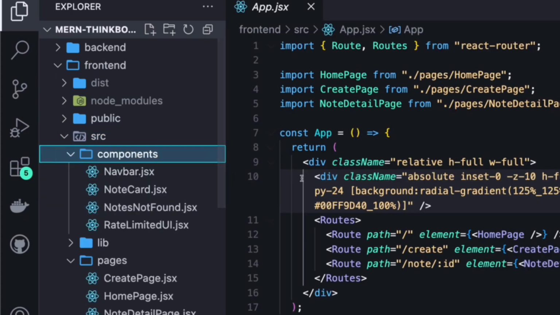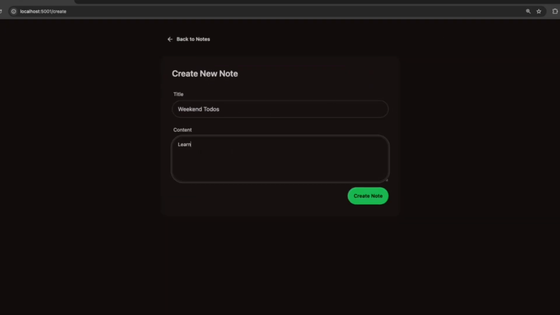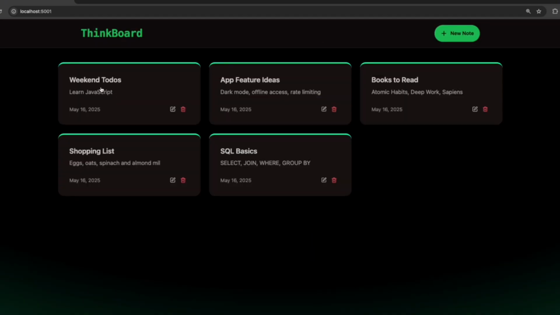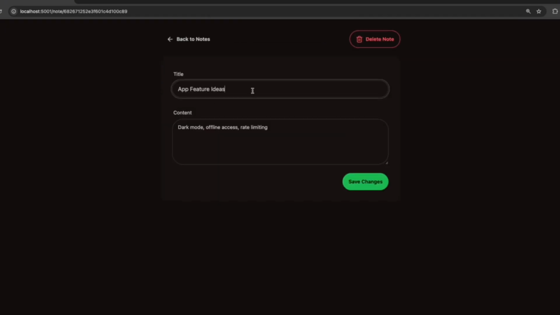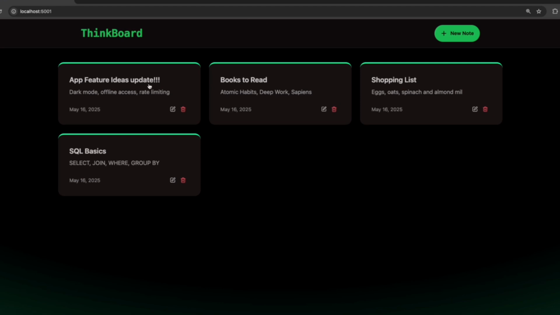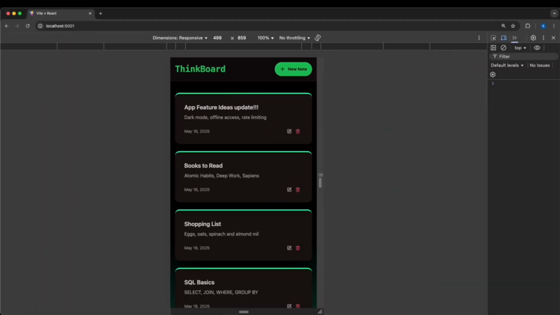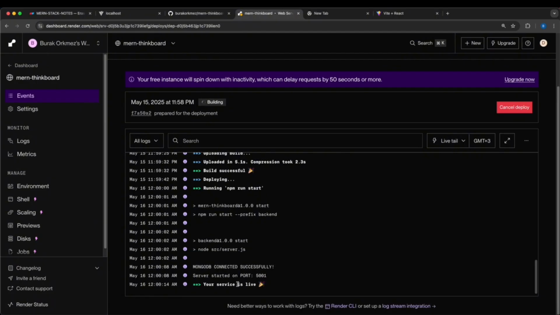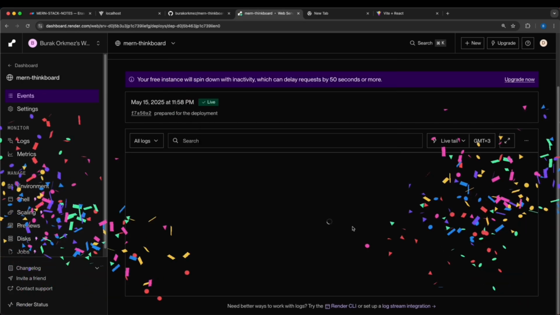the entire tutorial. So this is a note-taking application where we can create notes with a title and description, and then we have update and delete actions. And this application will be completely responsive. And at the end of this video, we will deploy the app so that you can have the live link